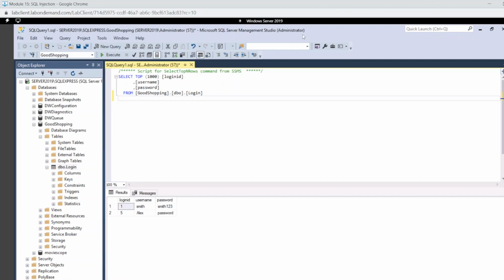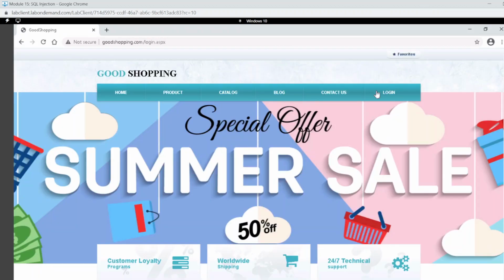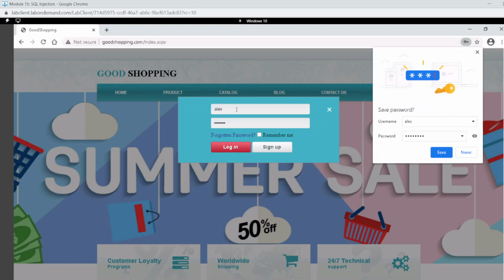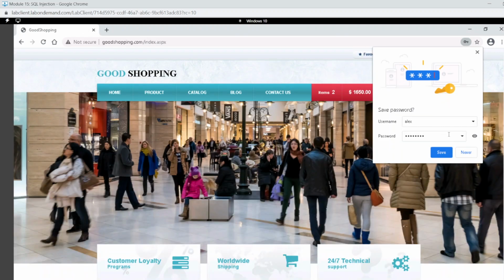It's just confusing. You would think it would just increment, but I didn't build this database, so don't get mad at me. So now that we have our user in here, and of course we wouldn't be able to see this as an attacker, but I just want to show you that I'm not pulling your leg. We should be able to just come in and say Alex and password. And we're in, and I have a 1650 cart,